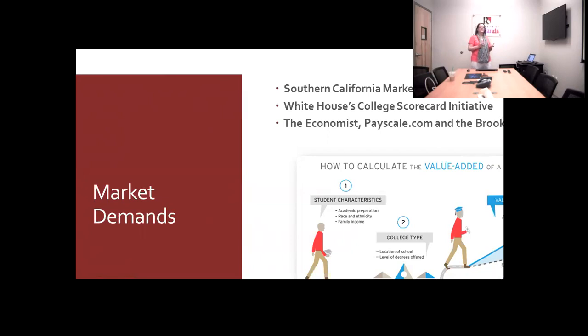However, I think it's important to recognize that the nation as a whole is having this discussion. So we saw in the last 2 years, the White House's College Scorecard Initiative, flawed as it may be, really raised the conversation of what is the investment given the high cost of college, and is it a worthwhile investment? We're also starting to see the emergence of rankings based on outcomes data. So 3 main players would be The Economist, Payscale.com, and the Brookings Institution, all of which do their rankings with